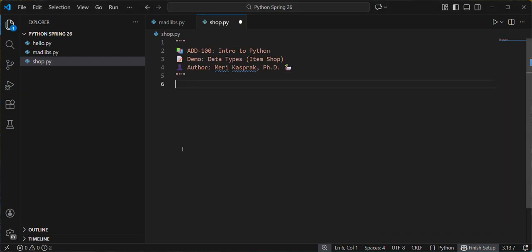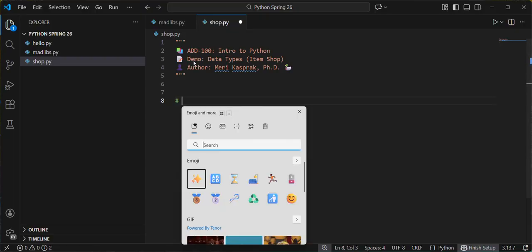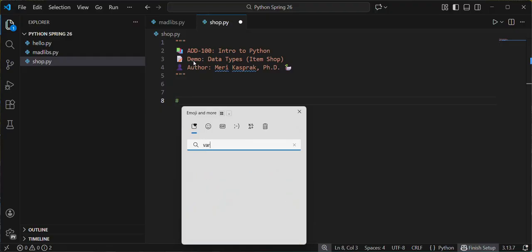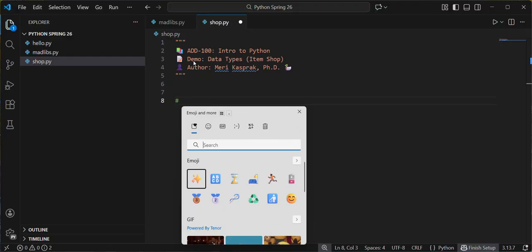In this lesson, we're going to work on different types of variables. You'll find that in my comments, I like to use emojis a lot. I think it's helpful, it makes things stand out. So I will often, and to do this in Windows, it's Windows key period. So I will look for something that's relevant. So here I'm going to do variables. Well, let's look for